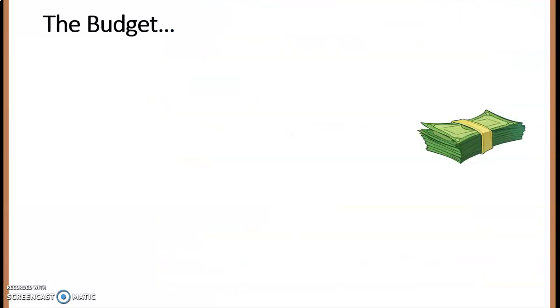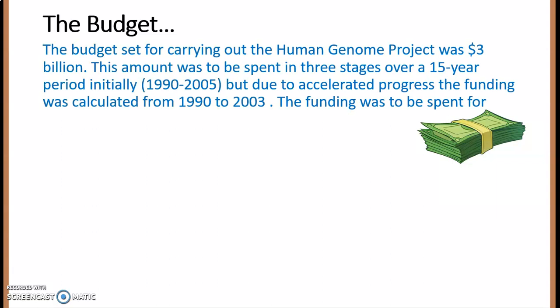So the budget is very important, because at that time we didn't have much technology to sequence such an amount of nucleotides, and whatever technology we had was very costly. So the budget had to be planned accordingly. For the 15 years given to the Human Genome Project, it was said that $3 billion was spent, and those 15 years were divided into three 5-year plans.